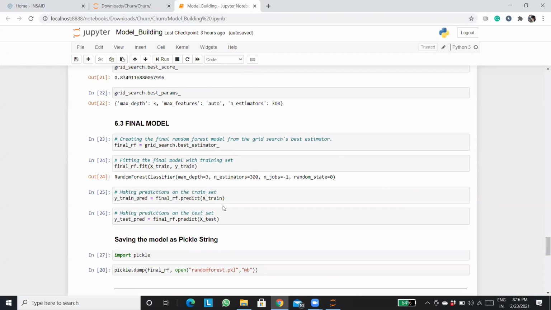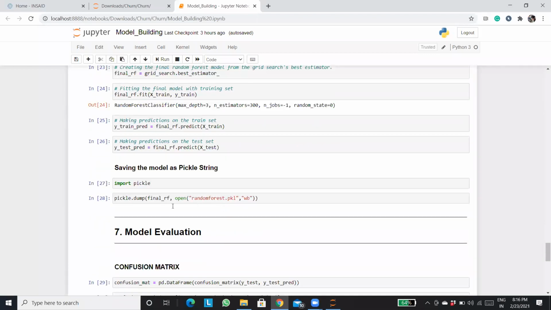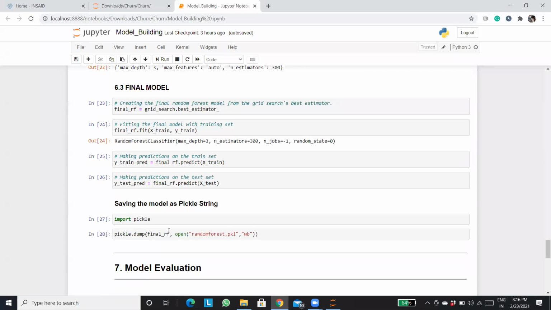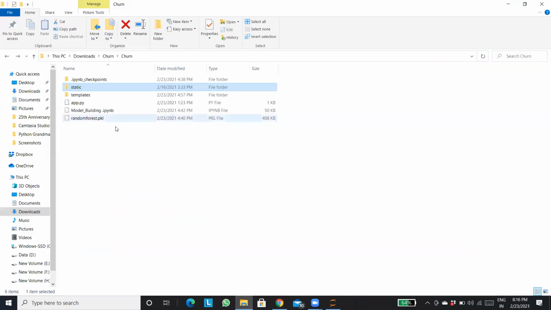Then we saved the model as a pickle file. We did import pickle, and we dumped the model as random_forest.pkl. Clear till here, guys? So this is the random_forest.pkl file that we got from model building.ipynb.